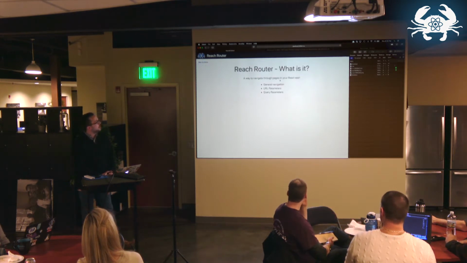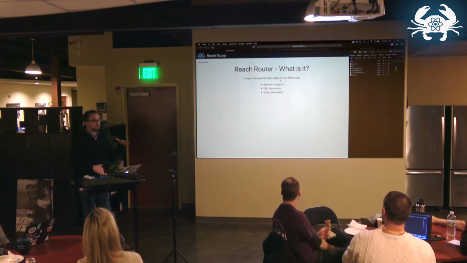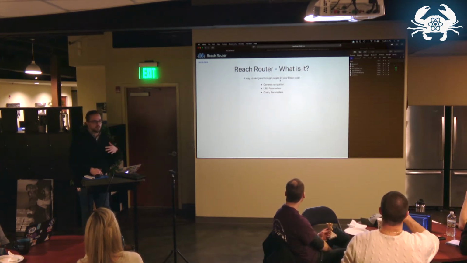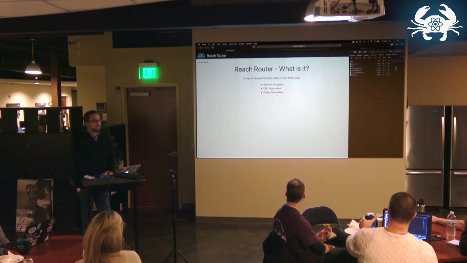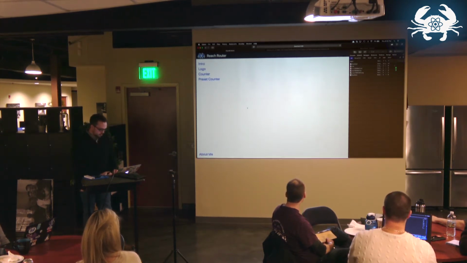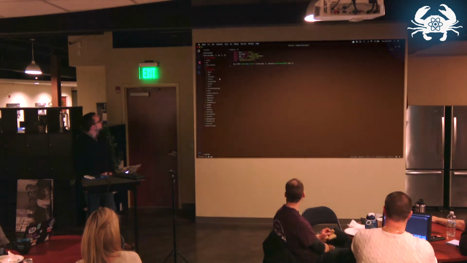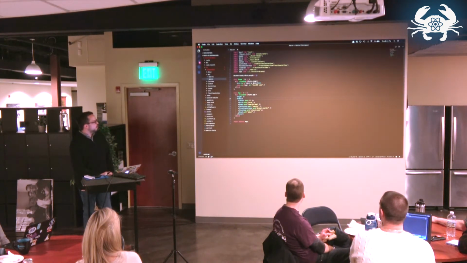I'm not going to get into anything really complicated. I'm just going to talk about general navigation, kind of keep it at a higher level for maybe people who haven't done this kind of thing before or are new to React. URL parameters, query parameters, things like that. Just the basics of SPA routing. So the application itself is built pretty standard. I've got my index here with my app that I'm using ReactDOM render for. And if we go into the app, you can see all I've really done is import this dependency, which is